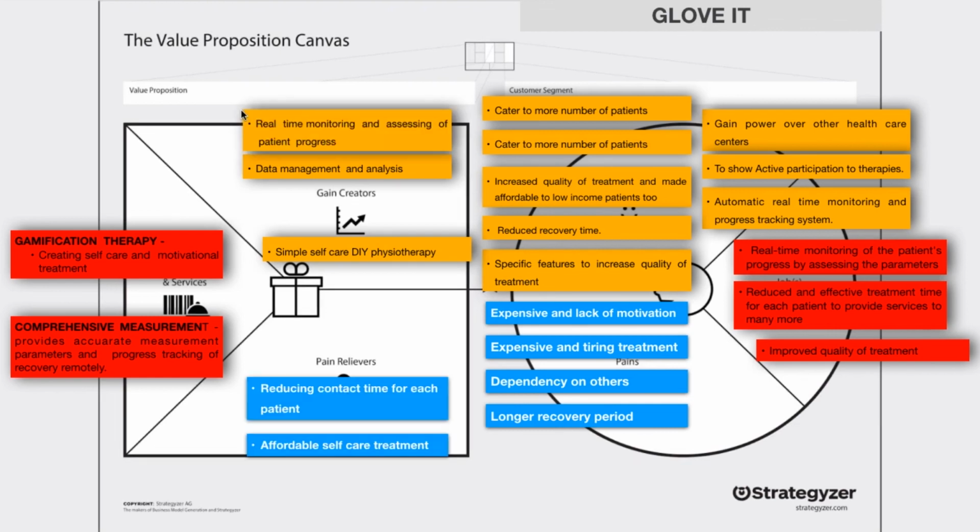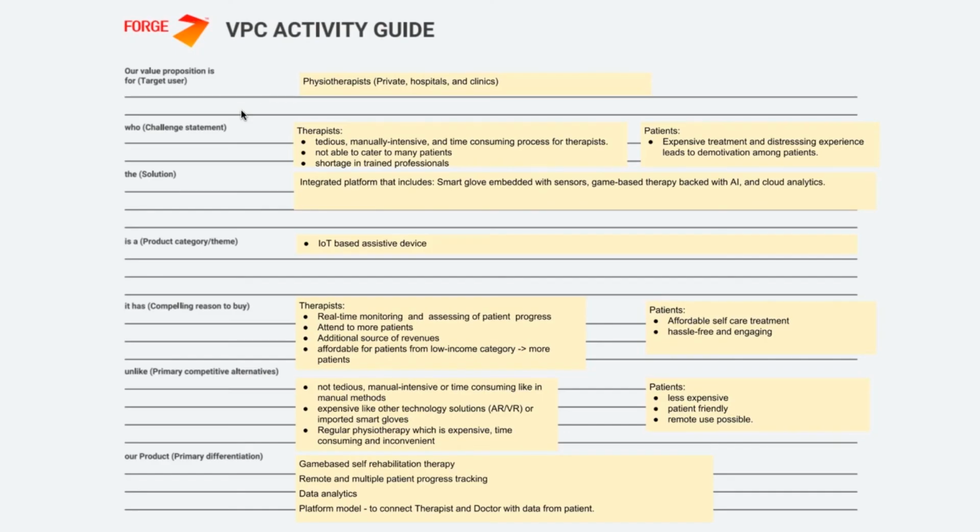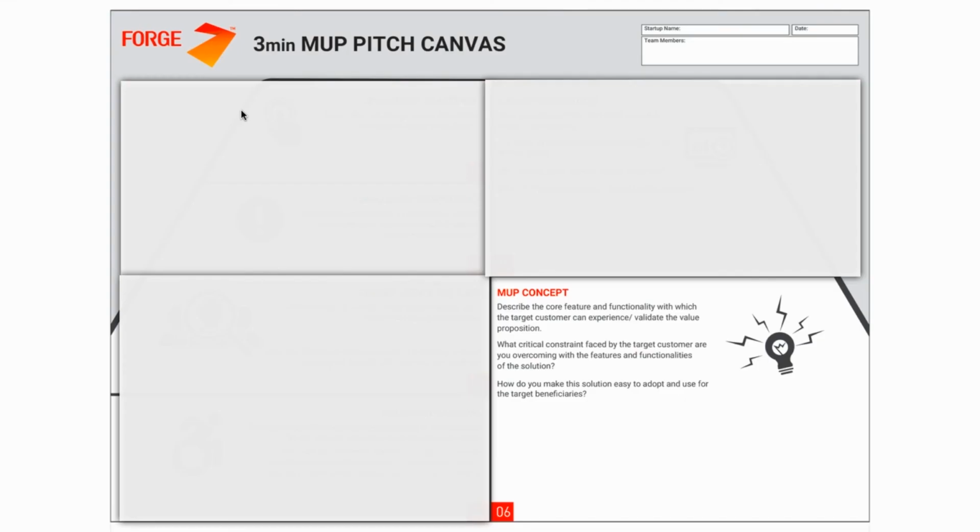What are the pains I relieve, which will help me to define my value proposition? So, for the Pratikara team who is trying to solve the rehabilitation problems of stroke affected patients, they came up